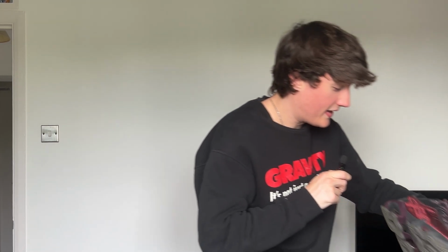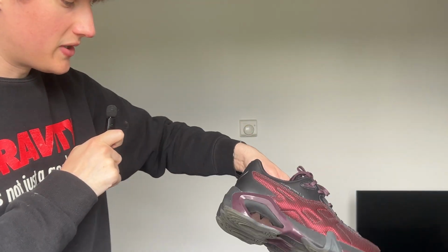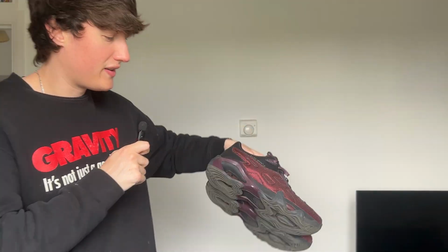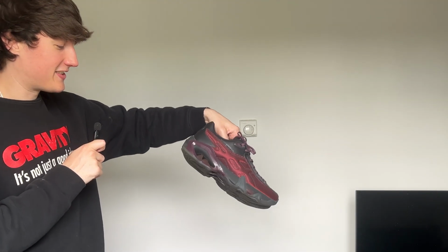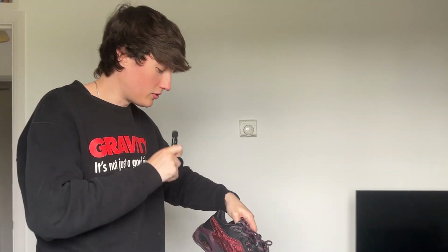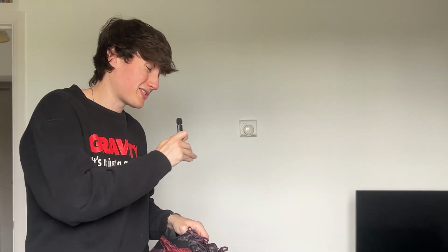I also have these in the second drop, which released a colorway with this deep red mesh detailed color with the black as well. It's one which I definitely need to get a bit more wear out of. They definitely have a lot more life to them than the other Beta pair in the black and the silver there. But another one which is very universal, very comfortable, a great sole, just one which I wear less, maybe because of the color or maybe because I'm always grabbing that pair